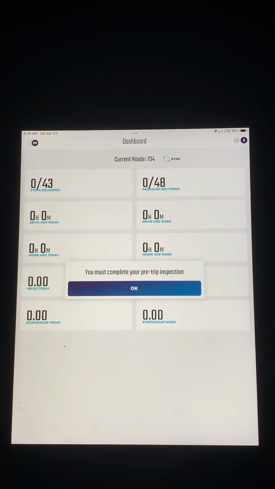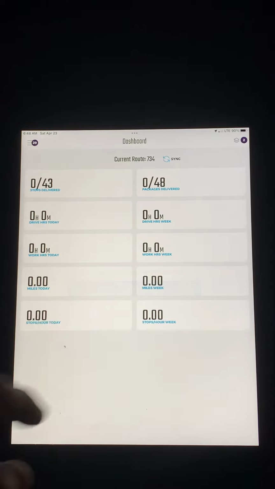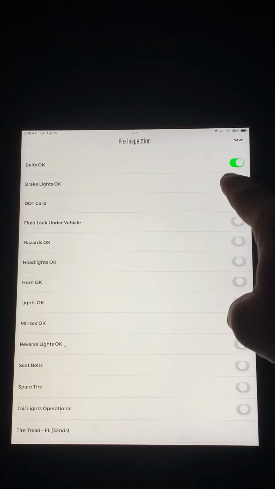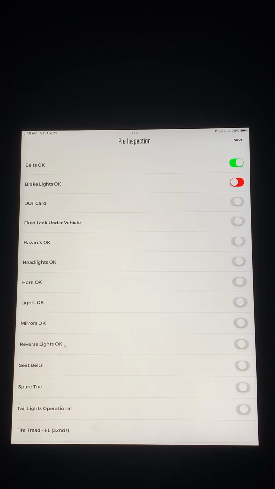So every day when you log in to this dashboard, you're going to have to do a pre-trip inspection. This is just going to show you what it looks like. It's just for training purposes. So if your belts are okay, you will slide your indicator to the right. If something is not okay, for instance, we're just going to say the brake lights are not okay, you're going to swap that to the left, and so it turns red if it's not good, green if it is good. So we're going to say that we have the most perfect truck that we can find on the lot,